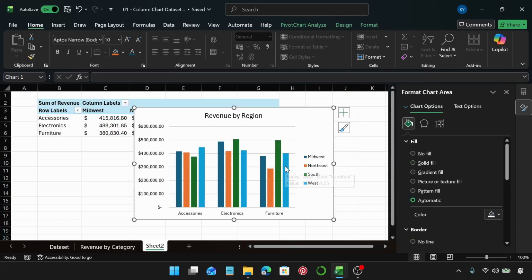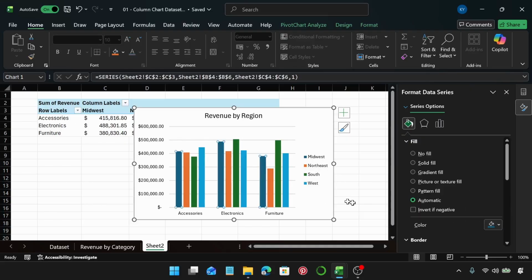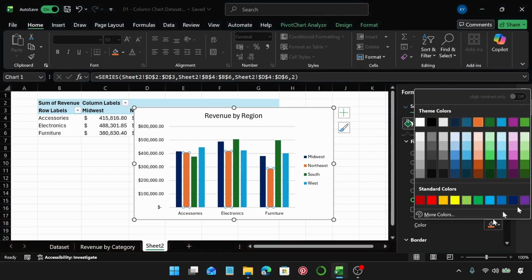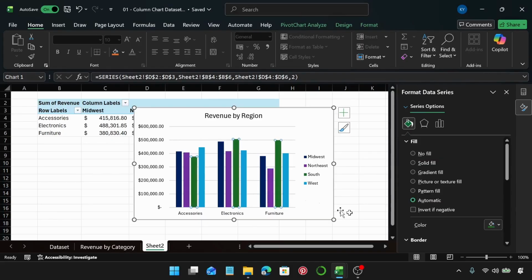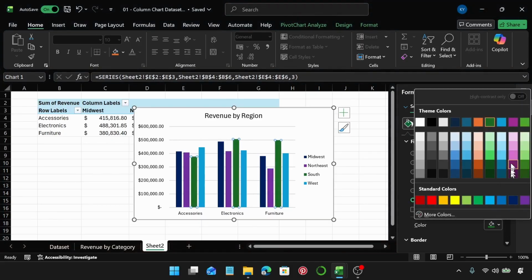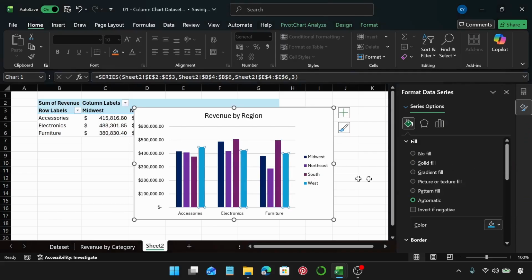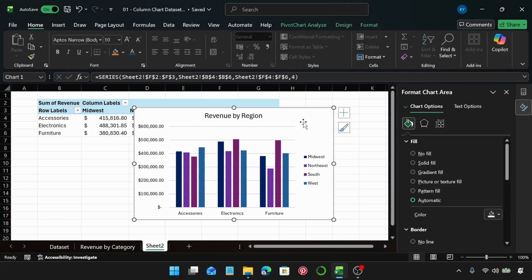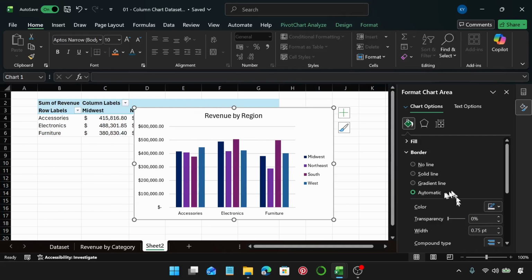Let's start with the fill of these bars. So I'm going to select this one first. That's Midwest. It's currently set to automatic. All you need to do is change the color. So let me say I'll change it to this color. This one I'll change to this purple color. This one I'll change to this other color, and this blue, let's use a darker shade. I'm going to use this one. So that's how you can, just like the way we did with the previous one, change the color. Under border, let's use solid line as our border,